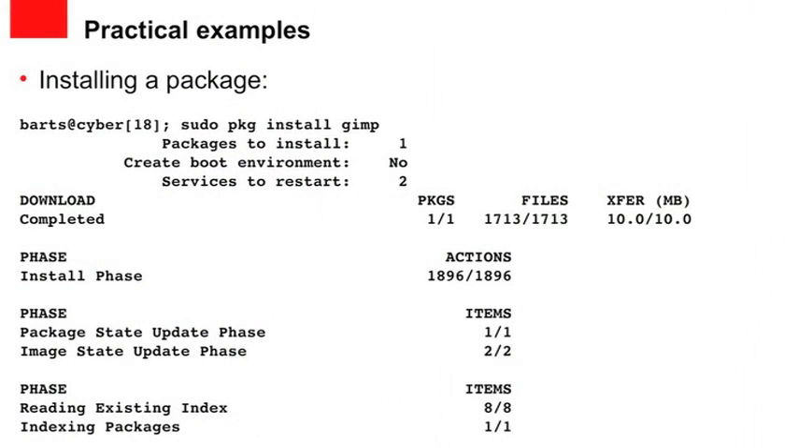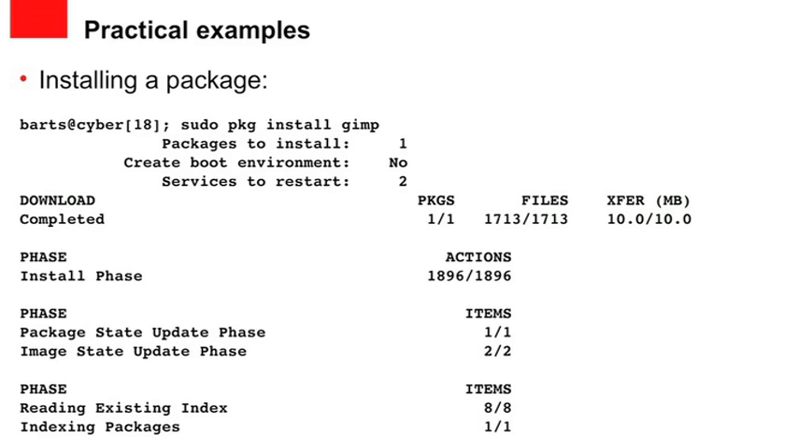A few practical examples. Here we are installing GIMP. So it computes the package dependency graph. In this particular case, I just uninstalled it, so I only had one dependency. It doesn't need to create a new boot environment. It does need to restart two services. It turns out